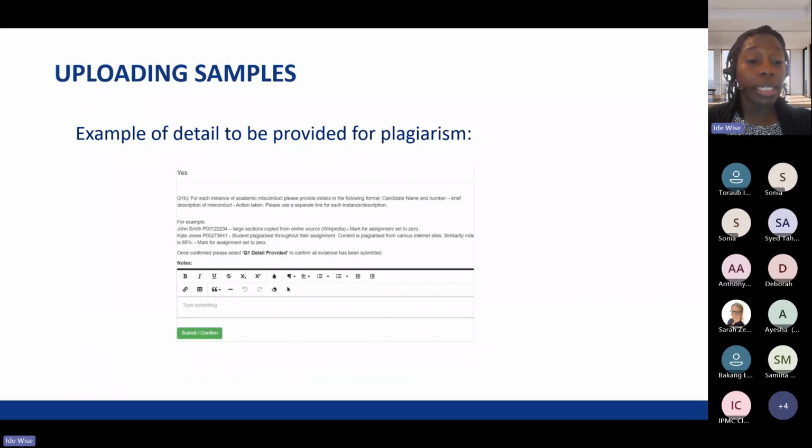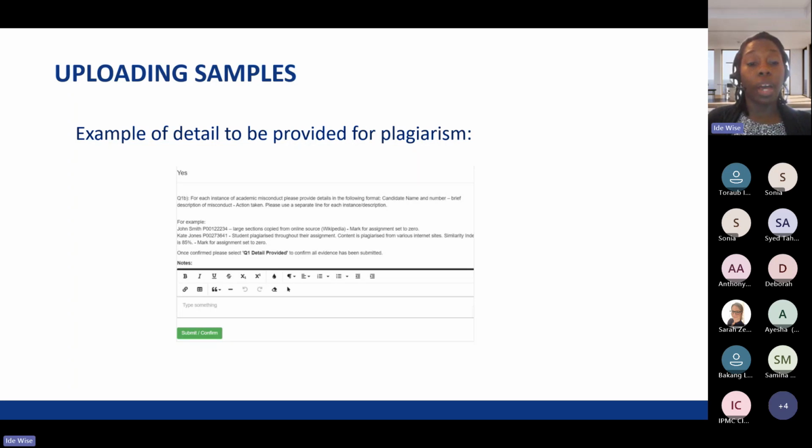We've got the candidate's ID after that, and then the detail: large sections copied from online source Wikipedia, mark for assignment set to 0. Then we've got another student, Kate Jones. We've got Kate Jones's ID. Student plagiarized throughout their assignment. Content is plagiarized from various internet sites. Similarity index is 85%. Mark for assignment set to 0.